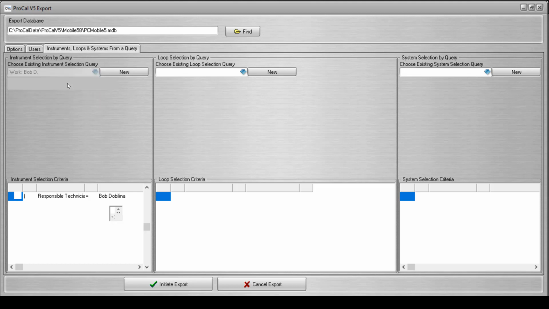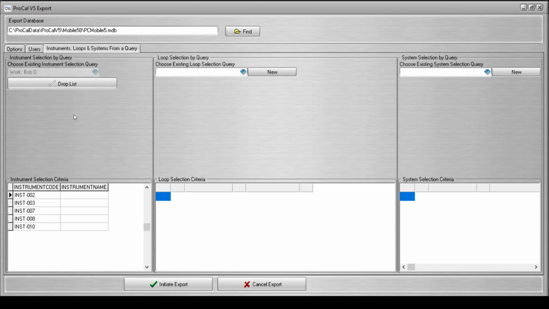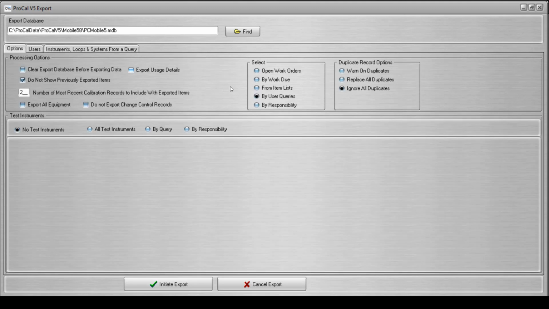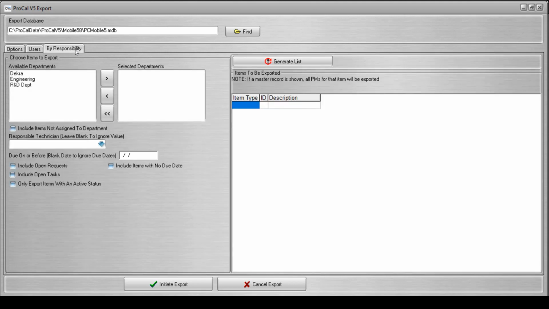Once the list is displayed, you may select the Drop List button and the Advanced Queries criteria will once again be shown on the screen. If you select By Responsibility, the tab now allows you to export records based upon a master records assignment to departments and/or assigned technicians. When using this export method, you must first choose the items to export based upon their